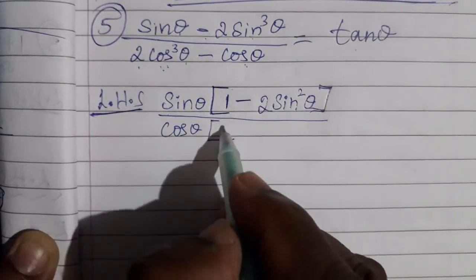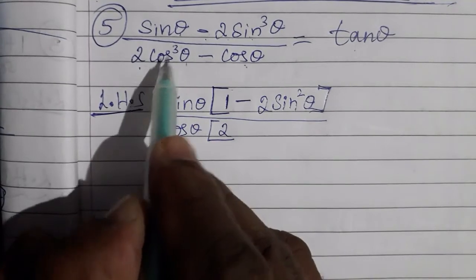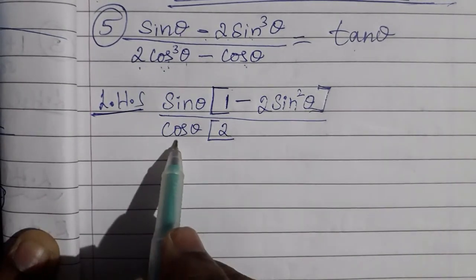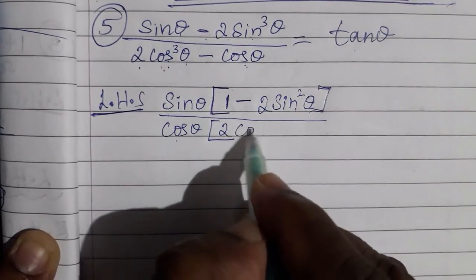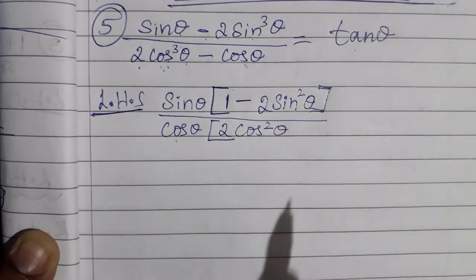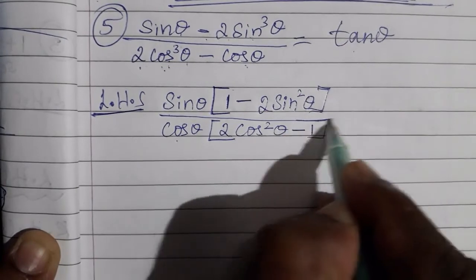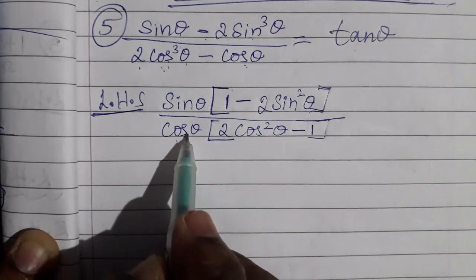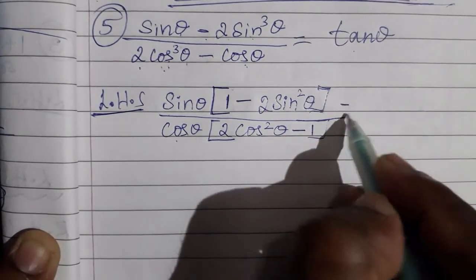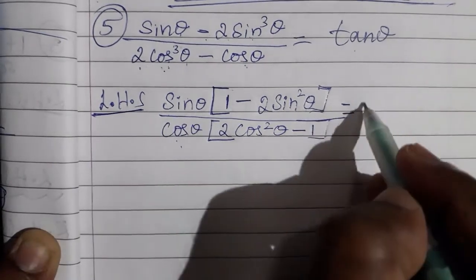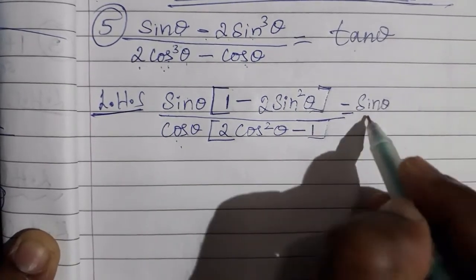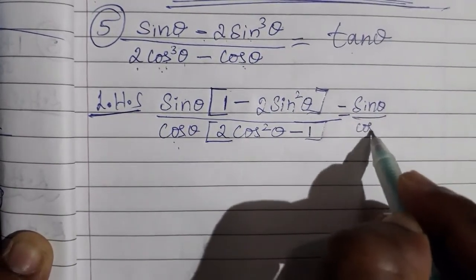Here 2 will remain as it is. From cos cube, 1 cos theta is already removed as common, so here I will only have cos square theta minus 1. Because cos theta common is removed outside, it is equal to sin theta by cos theta